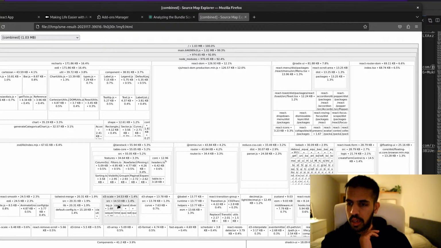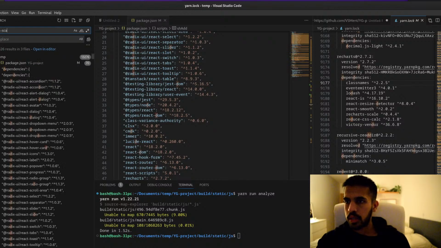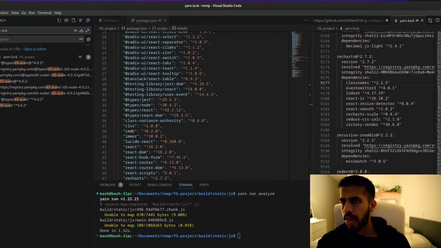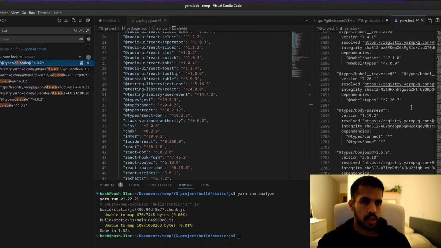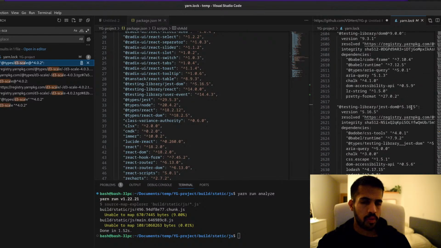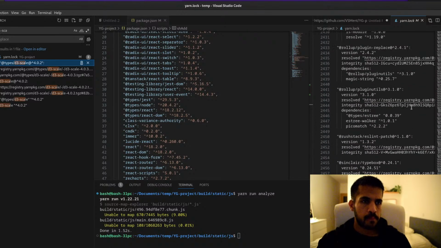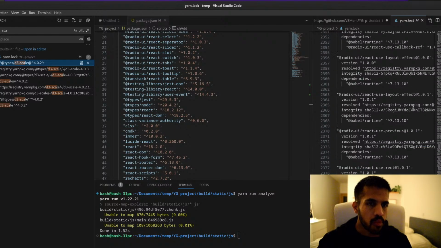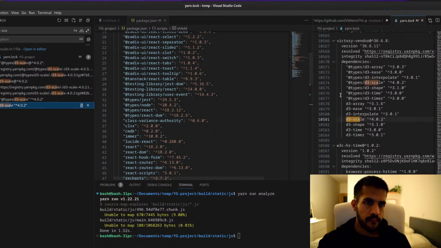D3. What is D3 doing in here? Scale. So D3 is a part of, okay, it's not showing it to me like this. Yeah, here we go.